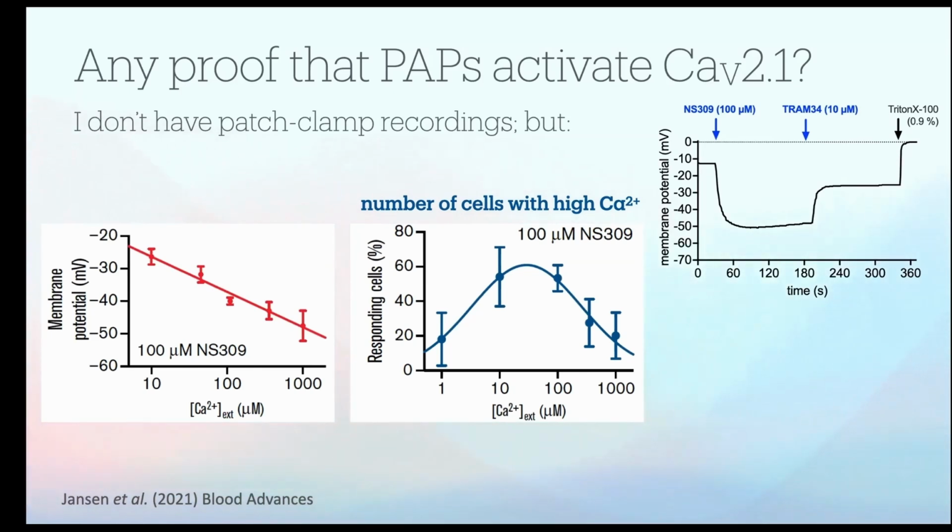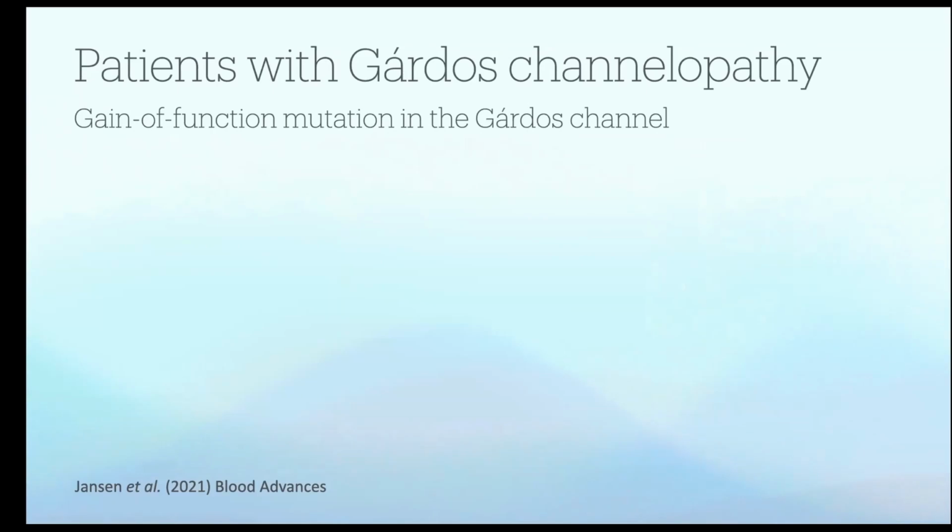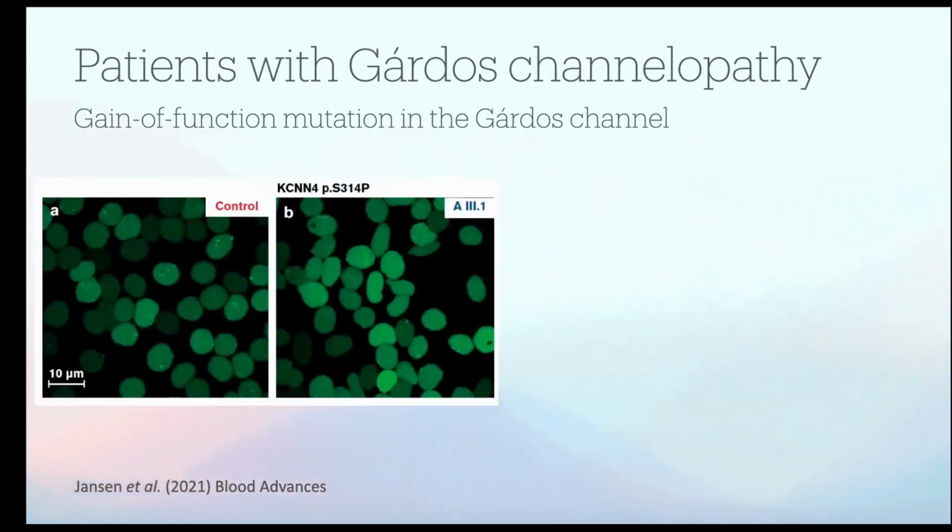So now the next question is: is this anything good for, or is there a link to real life? Here I'd like to take you to the situation of patients with this Gardos channelopathy, meaning with a gain of function mutation in the Gardos channel. To our surprise, just once more, it's a gain of function mutation in the Gardos channel, and the Gardos channel is a potassium channel. Nevertheless, we see in the red blood cells of these patients an increased basal calcium, and we see this in